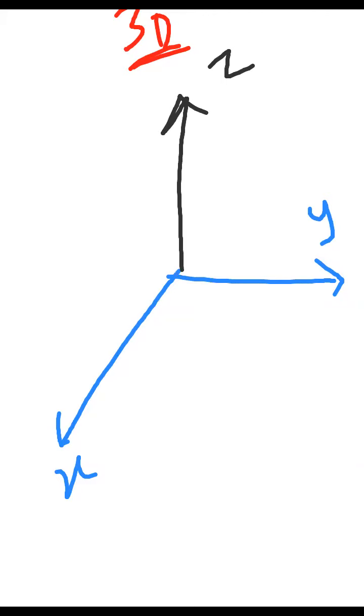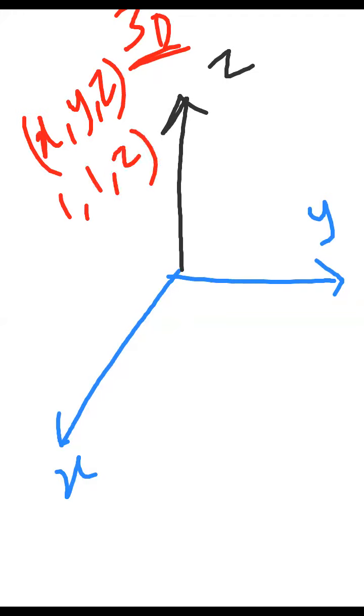How much x you are having. So suppose if I want to go to x, y, z, say for example 1, 1, 2, first of all you should travel 1 unit here, and 1 unit here in the y axis, then you will get some common point. Now this common point will be in the xy plane, but you have to go above, just above that point, upward by the unit of 2, like this.